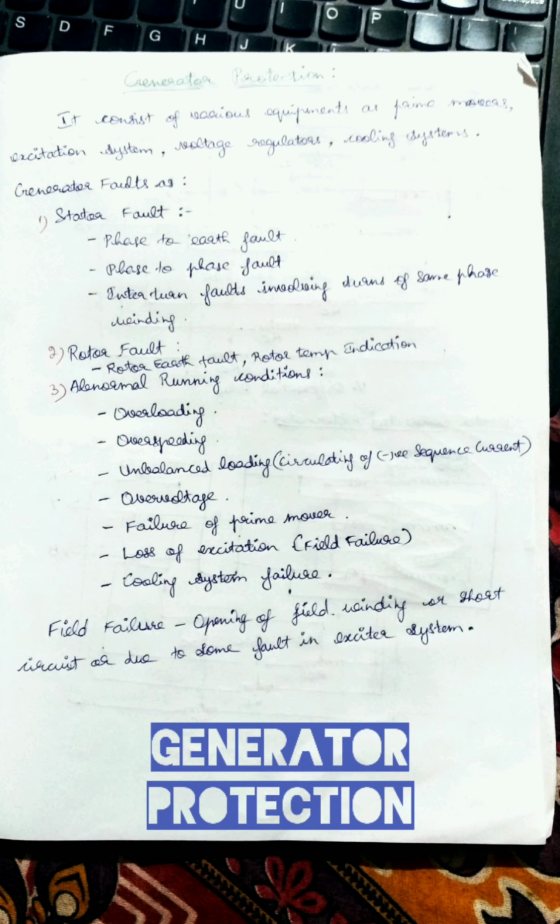The common faults are in the stator: phase to earth fault, phase to phase fault, then interturn faults in the main winding. In the case of a large hydro power plant, the winding may be split into two, which means one winding will be paralleled into two windings. So in this case, the two windings should be protected in such a way that if an interturn fault happens, protection is done. Next is the